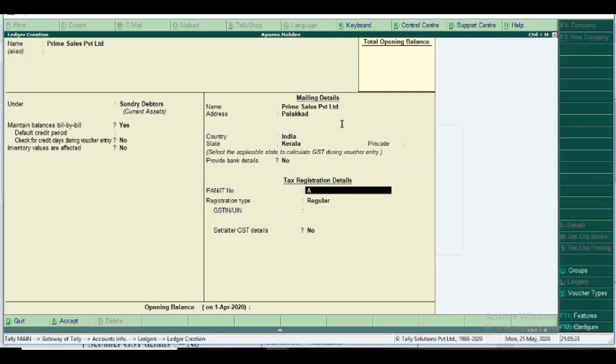The PAN number is, again I type ASDFG 1234, I give C. Please note that it is the same 9 digits, but I change the last digit, A, B, C, D, E, F. Then the GSTIN number also, 32 is the starting state code for Kerala, so the starting 2 digits are 32, ASDFG 1234C, the same, 1ZA. Yes, finished.